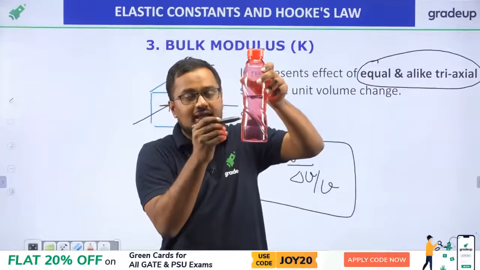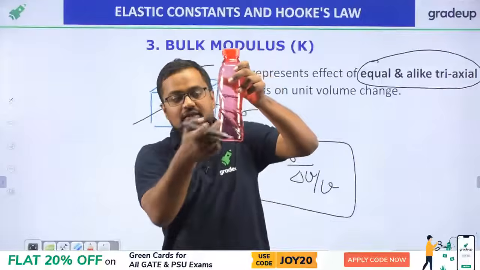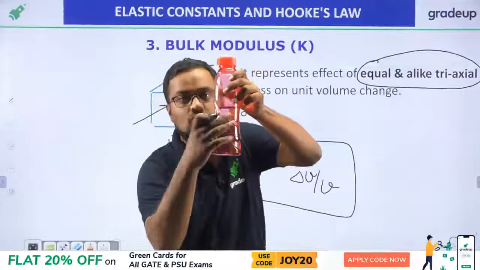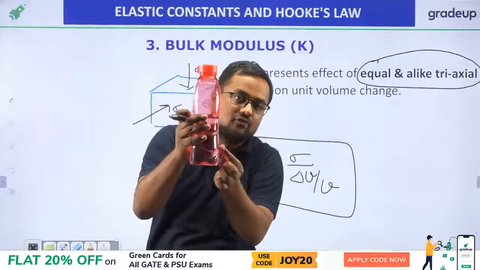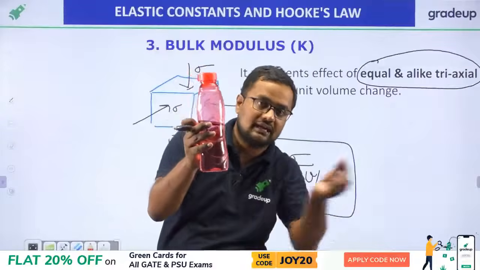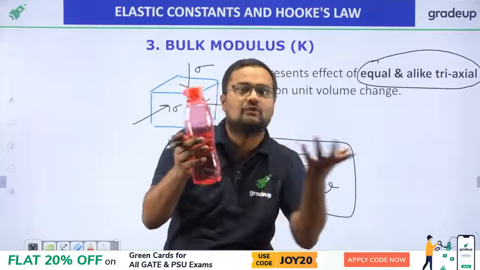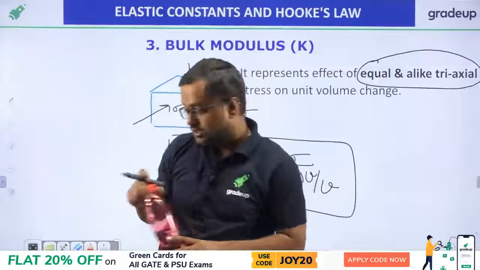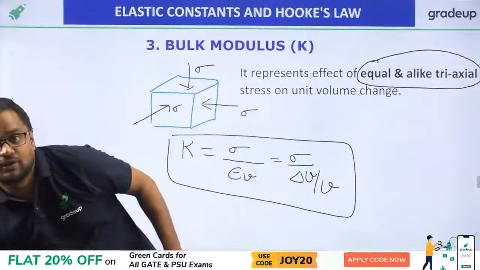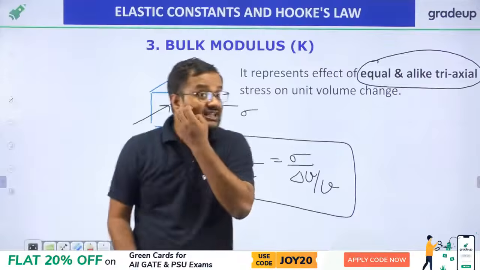If I put a hole here, then water comes here. If I put a hole here, then water comes towards you. If I put a hole here, then water goes here. And so stress is in equal direction. Wherever it gets an opening, it will go out. Water will go out. So it is called hydrostatic stress, because hydro means water, static means at